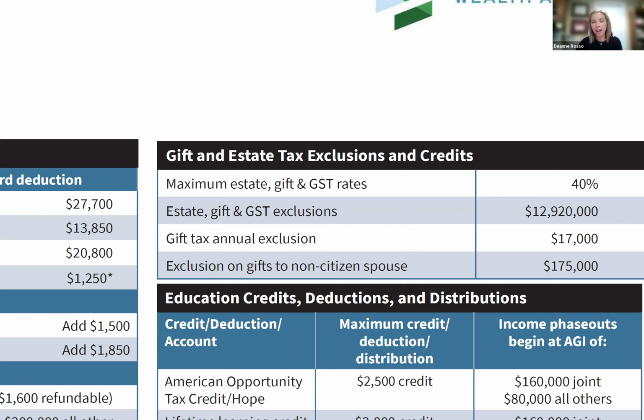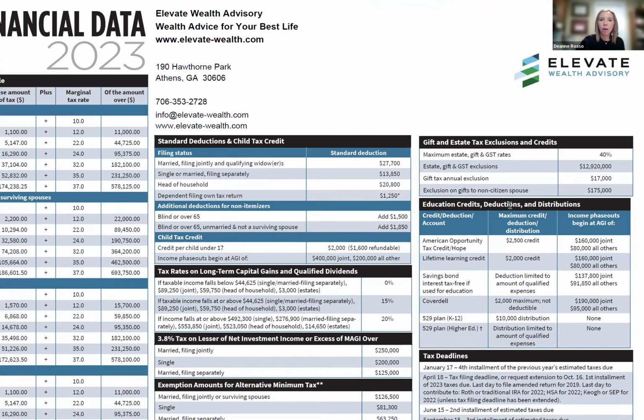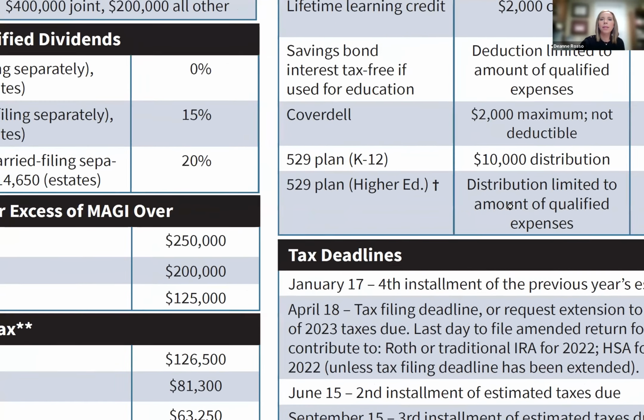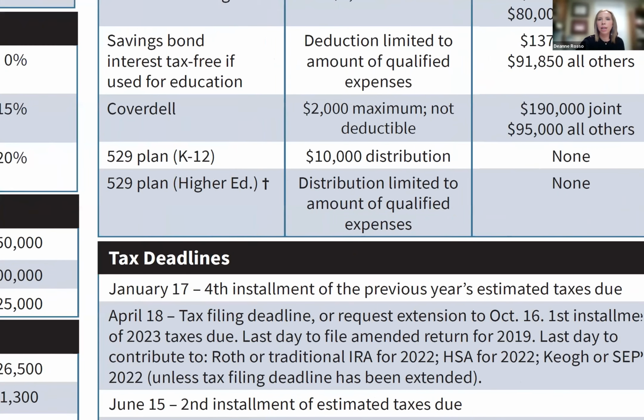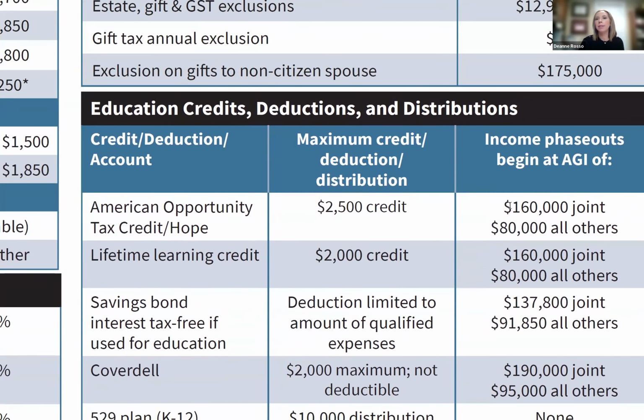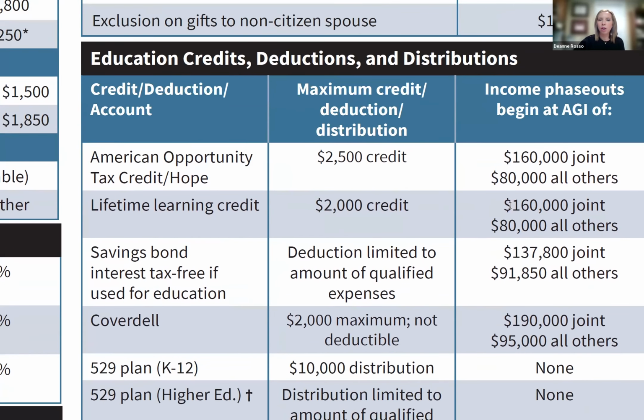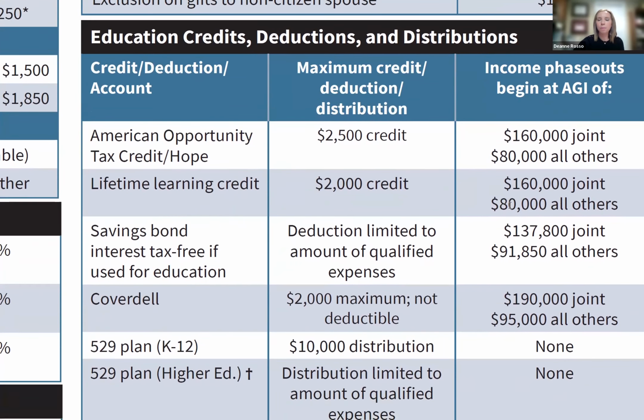And again, a question that I get a lot, but something we can certainly help you with if you have further questions about that. Okay. All right. So on the front of the card also, we have lots of other information that I'm not going to go into much detail about today, things like education credits, deductions, distributions, all of those things if you're in the stage of life where you have kids in college or you're preparing for college for children. All of these limits are listed here on this card, and you can take a look at that if those apply to you.